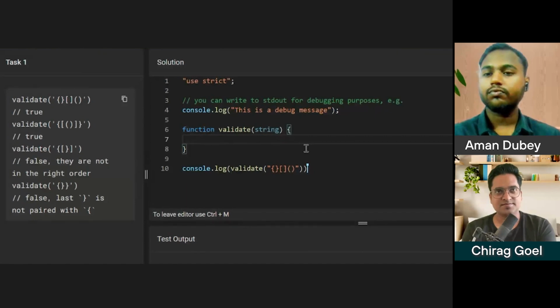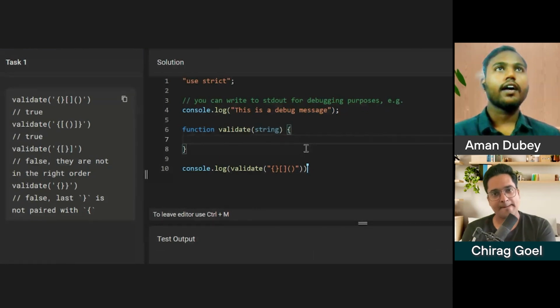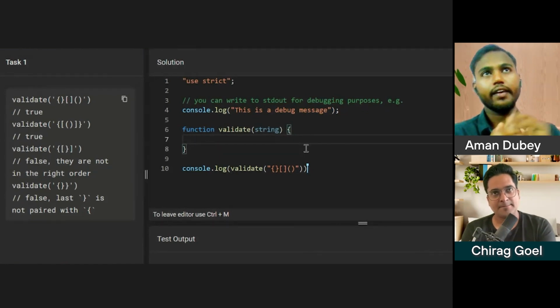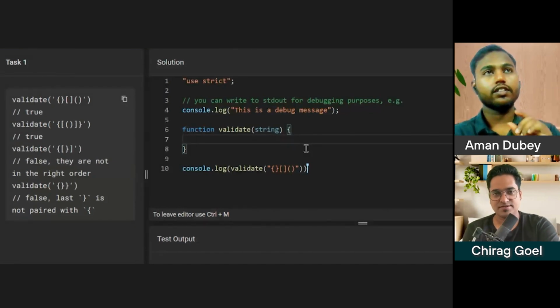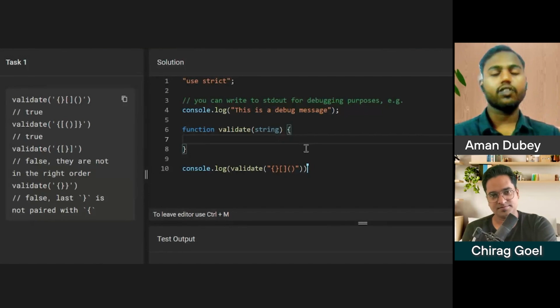So the variable is a string. I can make it into an array. Then I will get one element at a time, actually one character or a symbol at a time.